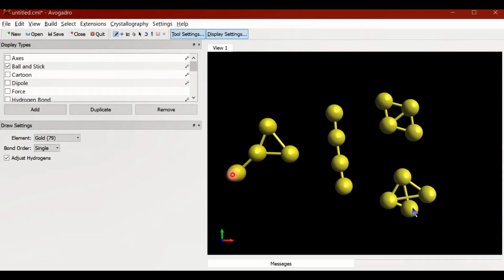So let's go just one step further. 5 atoms. How do we model that? We can add this 5th atom to all of these molecules at various positions. It can be linear.